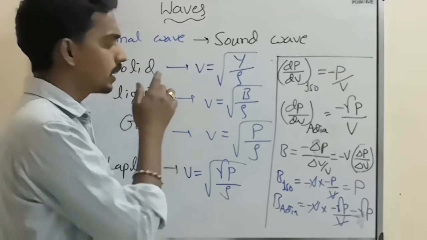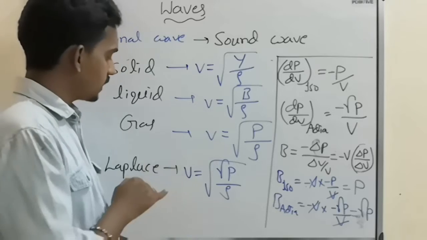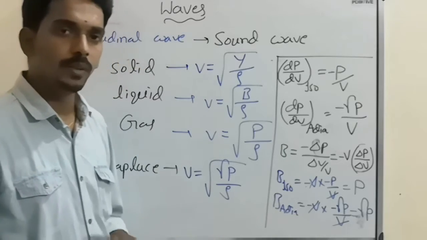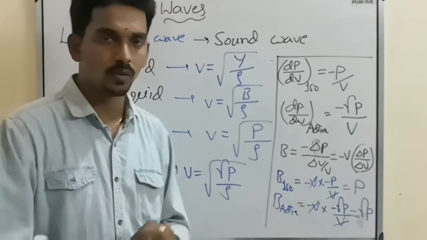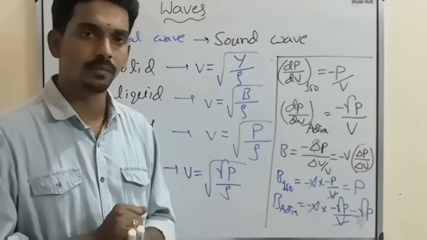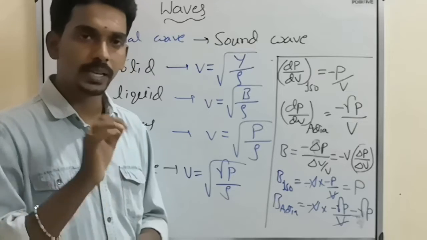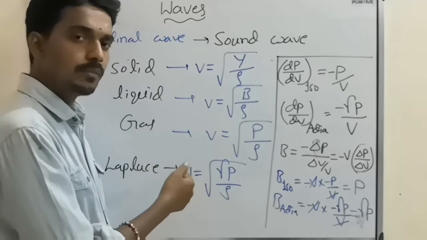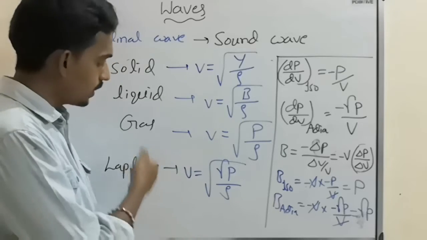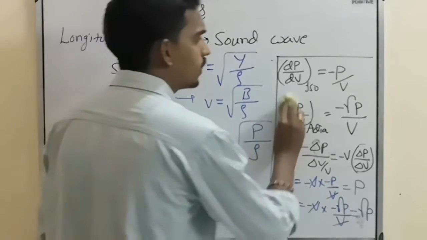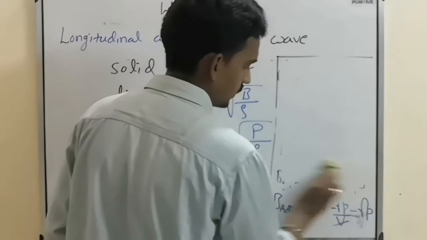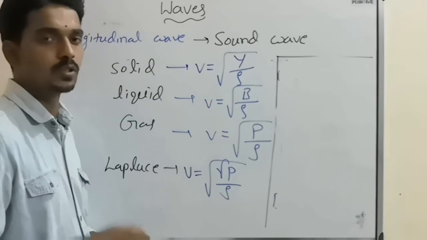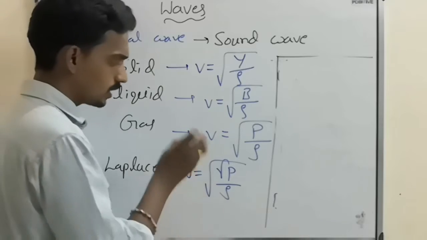So in case of solid and liquid, no confusion. But in case of gas, there are two formulas. But whatever question they give, when you want to calculate the speed of sound wave, the speed of longitudinal wave in a gas medium, you should follow this formula, because this is the final formula after correction, given by Laplace. That's why we also call it Laplace correction. But we have studied all these things already in thermodynamics. Once please revise it. So this is the speed.